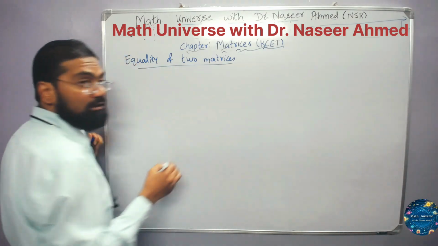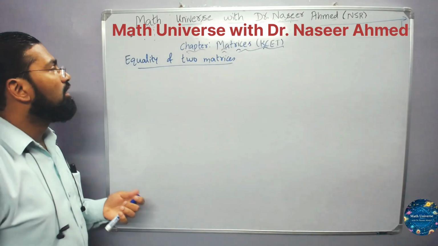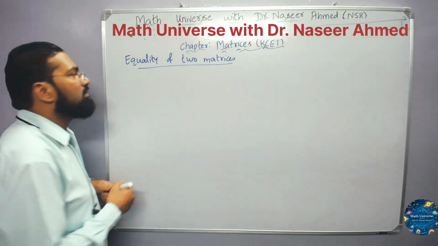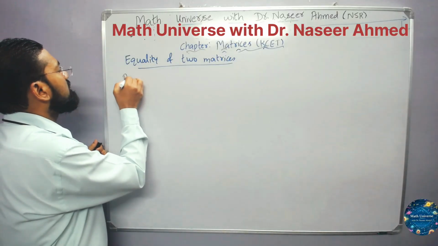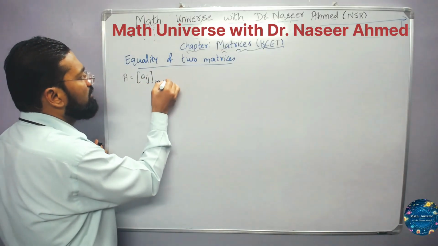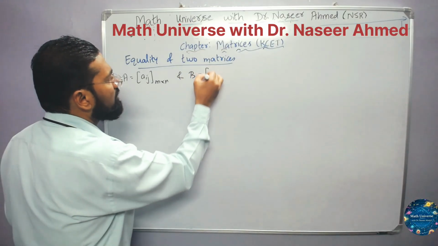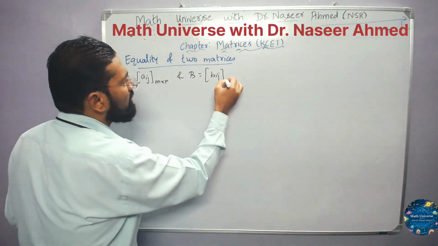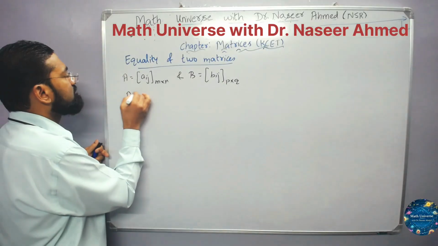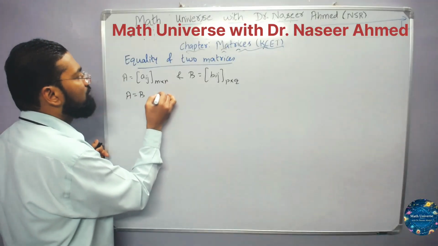See, as I talk about equality, minimum I should have 2. Even if I just say equality of matrices is also sufficient, but anyway, I'm being a bit specific. So, two matrices A is equal to small aij of order m cross n, and a matrix B, bij of order p cross q are said to be equal if